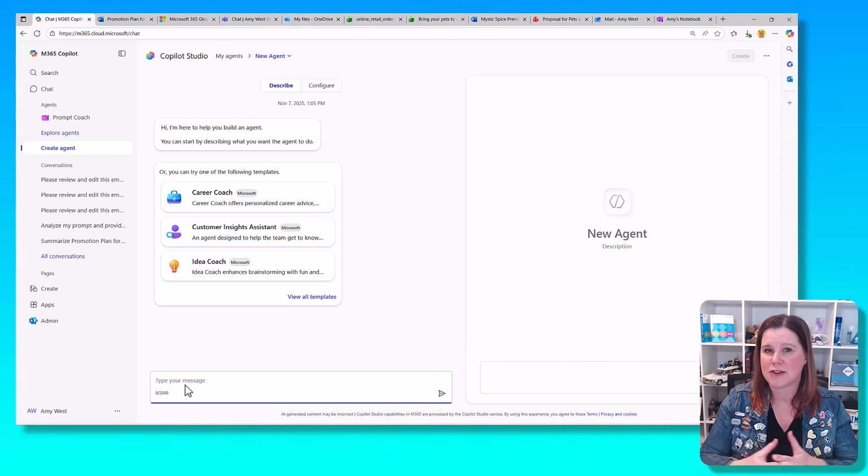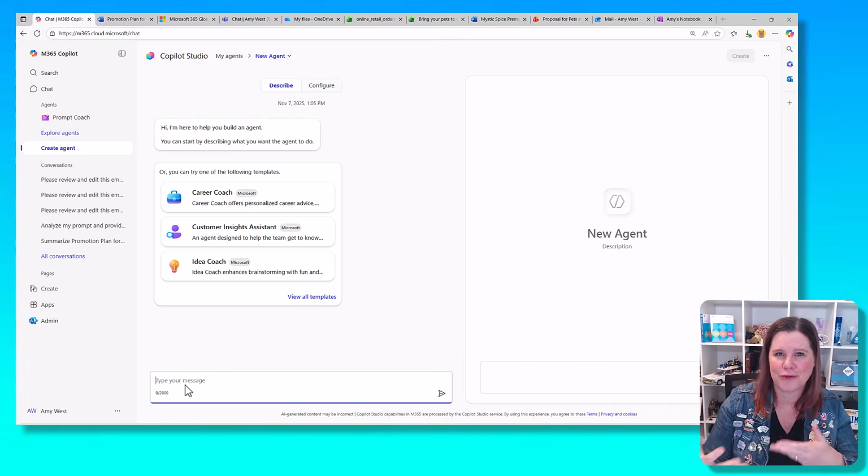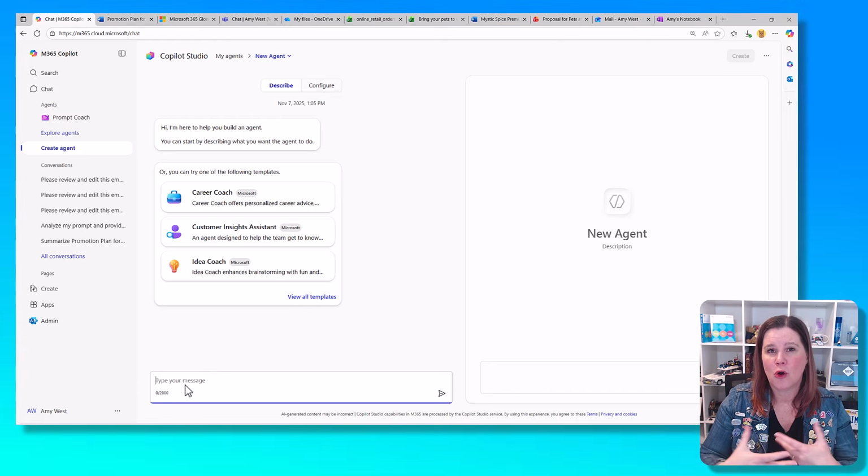So you're just going to describe in natural language the use case for your agent, what it is that you want it to do. I want you to think about things that you do regularly, things that are repeatable, things that might need a lot of context involved in them, or things where you've got information on a website maybe that you want to use or repurpose. So examples of things here could be, you could create an agent that could help you